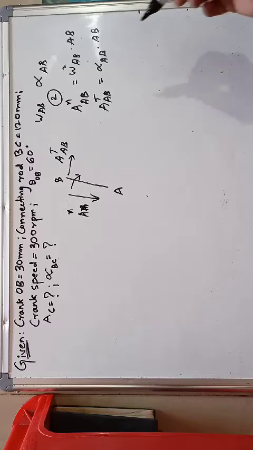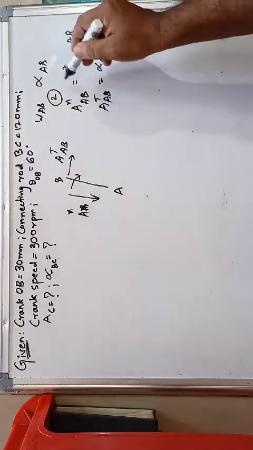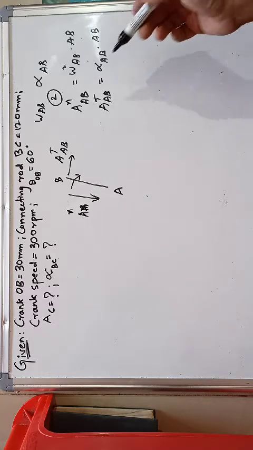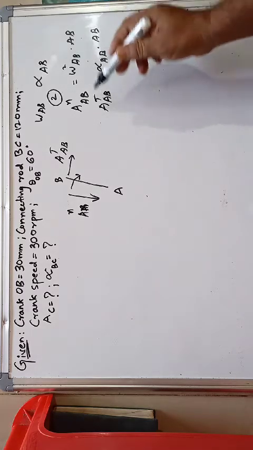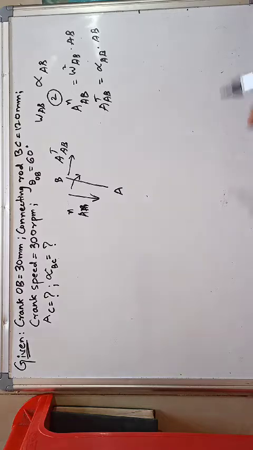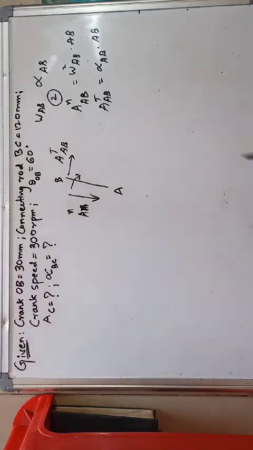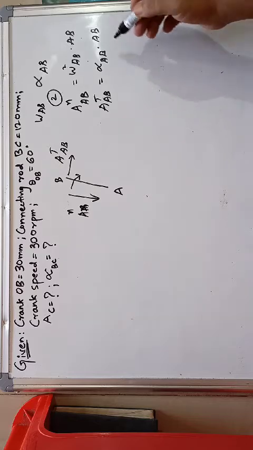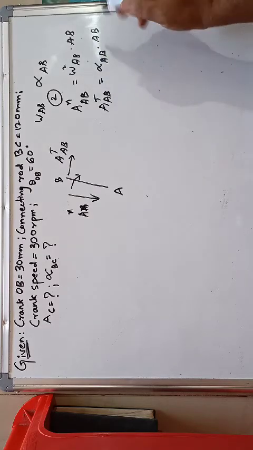So here the known quantities: from the velocity diagram we can know the value of omega. Therefore the normal component can be calculated, and the tangential component can be calculated from the acceleration polygon. One more important thing I wanted to tell you is that when the crank is rotating with a constant uniform speed, its tangential component is 0.